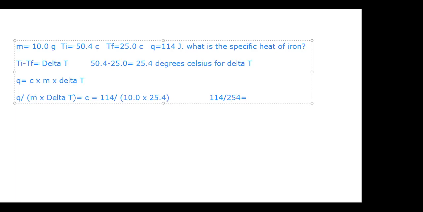So then you're going to have 114 divided by 254. Remember, this can only have 3 sig figs, so this should come out to be 0.449 joules per gram